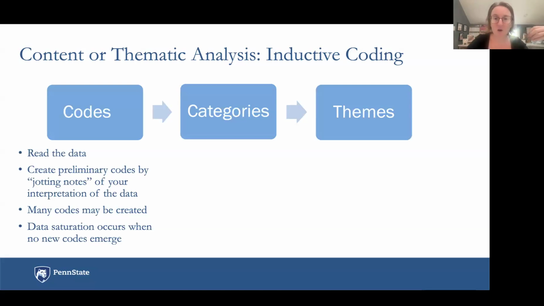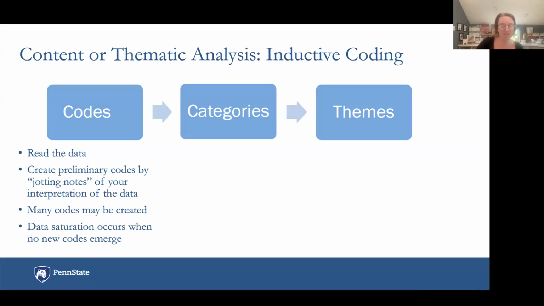And so the way that we go ahead and analyze it, I'm going to jump right to the point where you have your data. We're not going to talk about all the other awesome stuff about qualitative, but you have a list of data in front of you and you've got transcripts. The way that a human would go through an analysis is, first, you read the data. So you read 20, 30% of the data. You're not going to be able to read all of it, maybe.